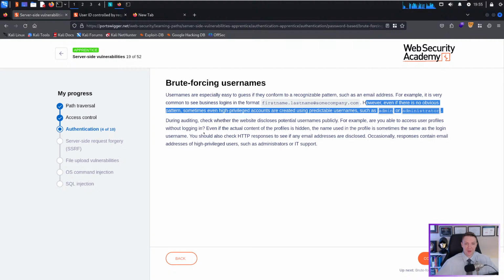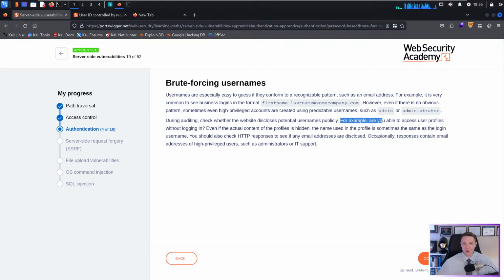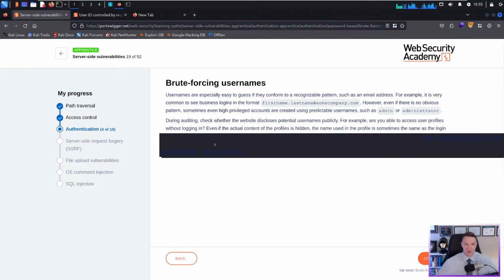During auditing, check whether the website discloses potential usernames publicly. For example, are you able to access user profiles without logging in? Even if the actual content of the profile is hidden, the name used in the profile is sometimes the same as the login username. You should also